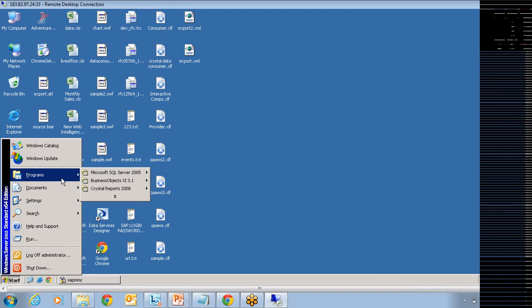So far we've seen how to create reports using different reporting tools that we have in Business Objects like Web Intelligence, Crystal Reports, and Excel sheets, and also Universe Designer, how we build a semantic layer and how to connect to the semantic layer.